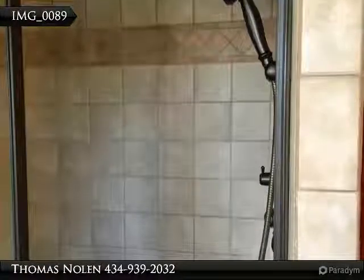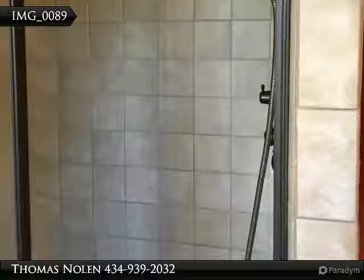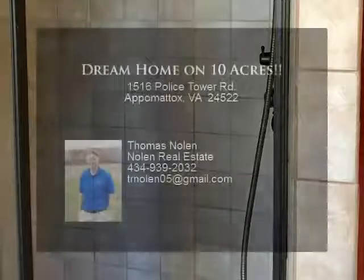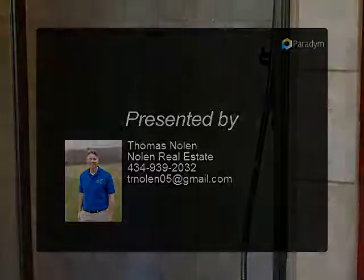The ensuite bath also has a whirlpool tub, double vanity, and tile shower as well as a huge walk-in. The basement has a 4th bedroom and the 3rd full bathroom as well as more unfinished room for expansion. The bonus room above the attached garage measures 16 by 27 and is the perfect